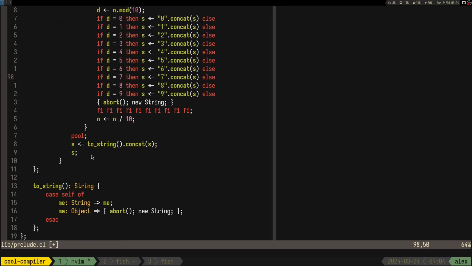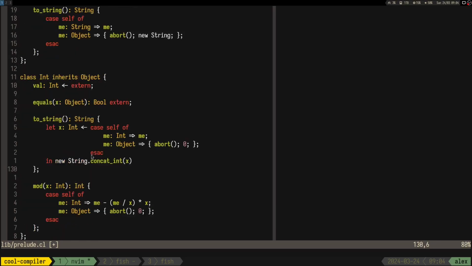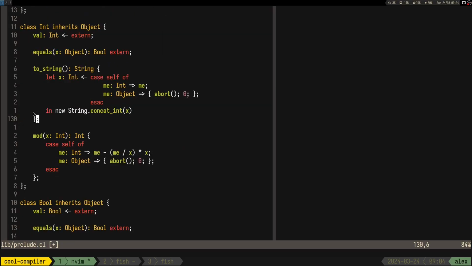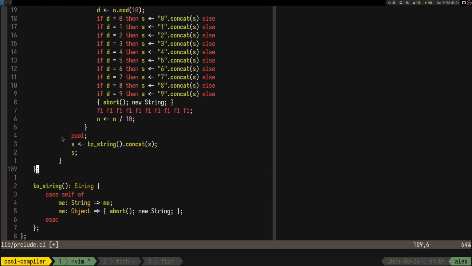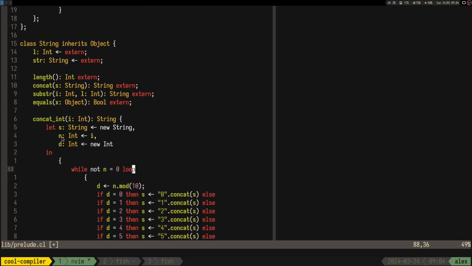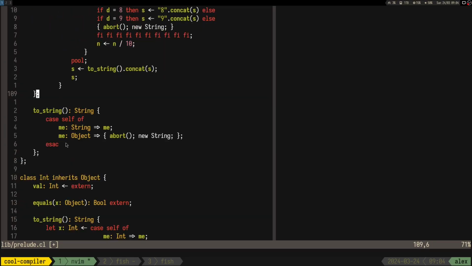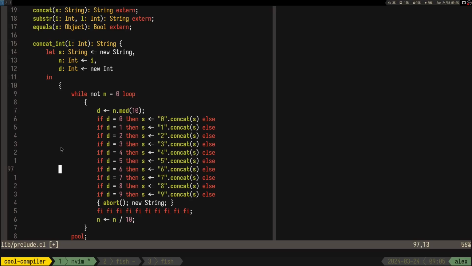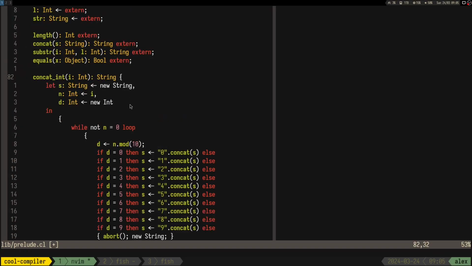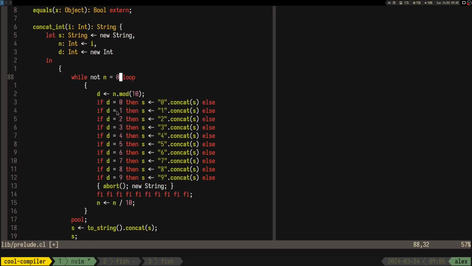So maybe you can have a parse function on the string, like have a toInt function. Concat int is just the helper method. I guess this entire thing should probably be